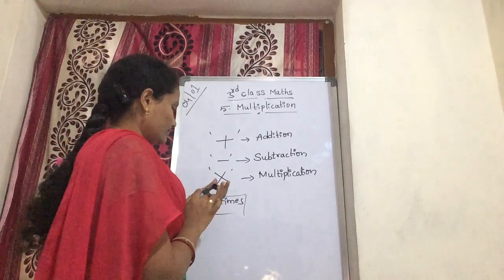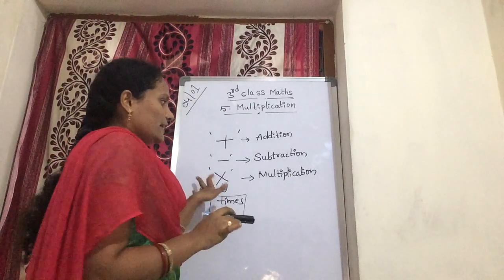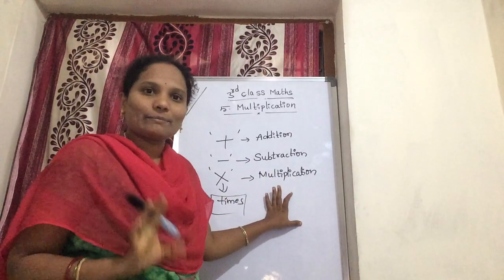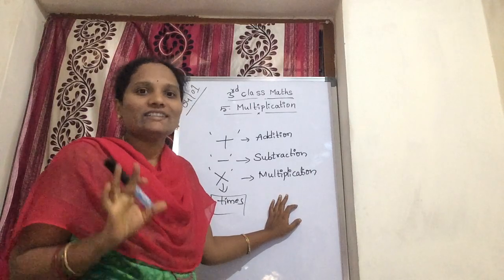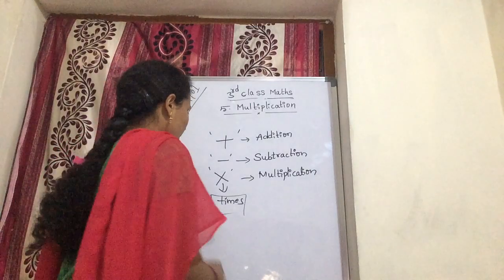Now multiplication is a repeated addition. This is to be kept in your mind. Multiplication means it's a repeated addition. For example,